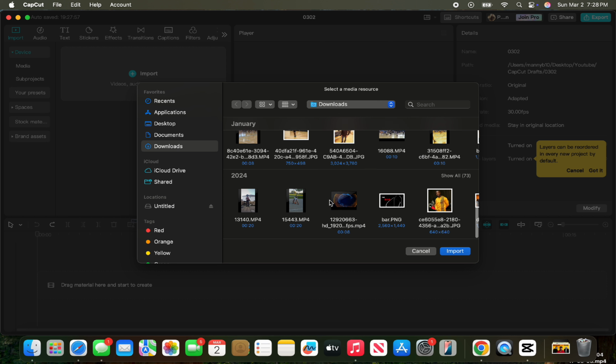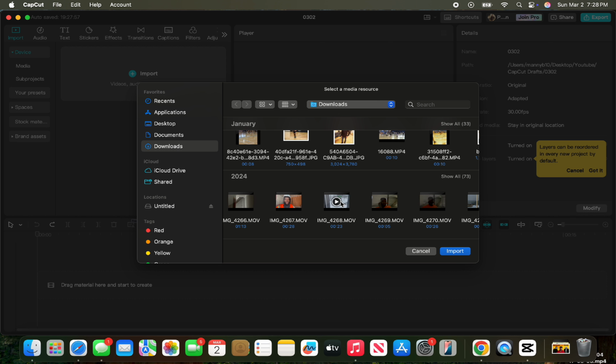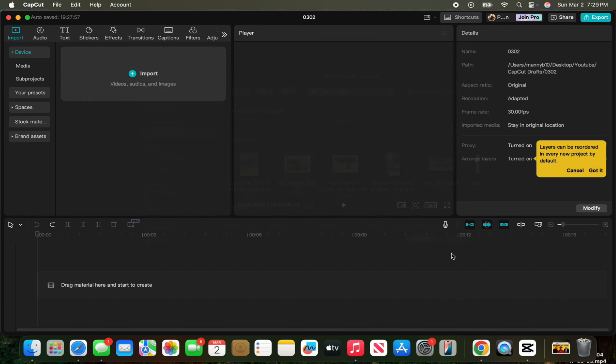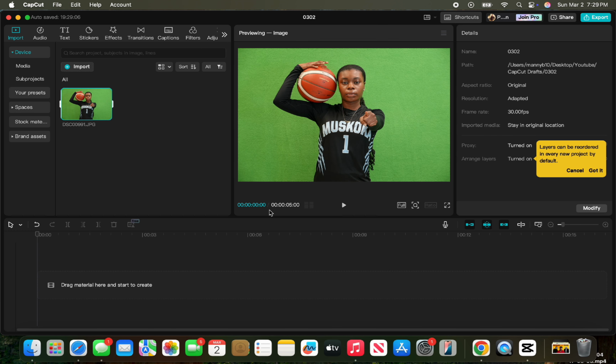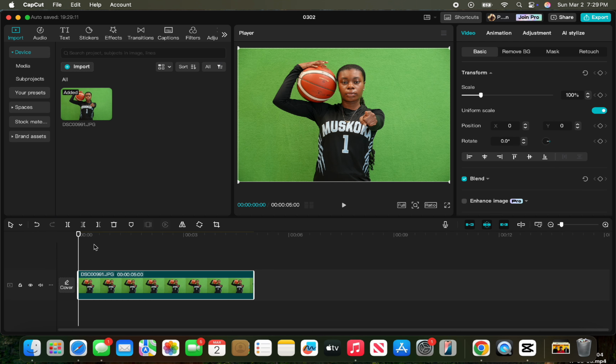So let's look for an image to import. Any image. Okay, let's take this one. We import the image here and then you bring the image to the timeline. Okay, make sure the image is selected over here, and then you come to over here,